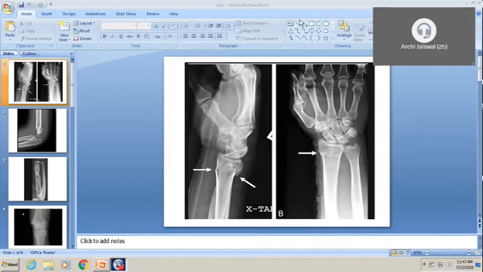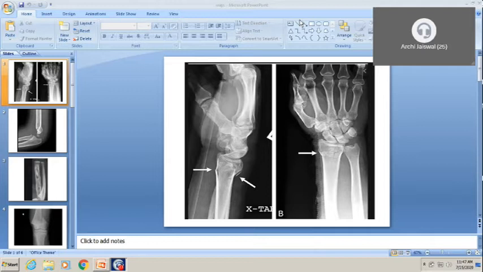Okay. So first of all, if you are shown this X-ray in the exam, how will you start? You should not say directly that it's Colles fracture. How will you describe the X-ray? You have to describe the X-ray first. Like you will say it is